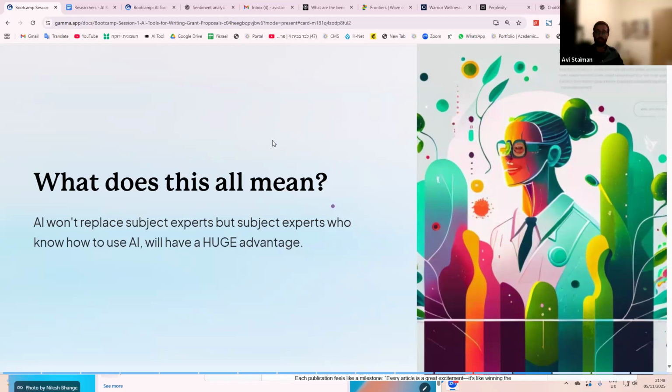But I do believe that those researchers who take the time to actually learn and dig in and experiment and make mistakes and play around will have a significant advantage over researchers who decide, well, this isn't for me, or I've been doing the same thing for 20 years, or I don't trust AI. I think that we need to be open enough, and the fact that you're here today is a sign that you are, which is great. But open and be willing to at least understand and learn how these tools work. And those people who do, I think, will be able to be much more efficient, much more productive than those who do not.